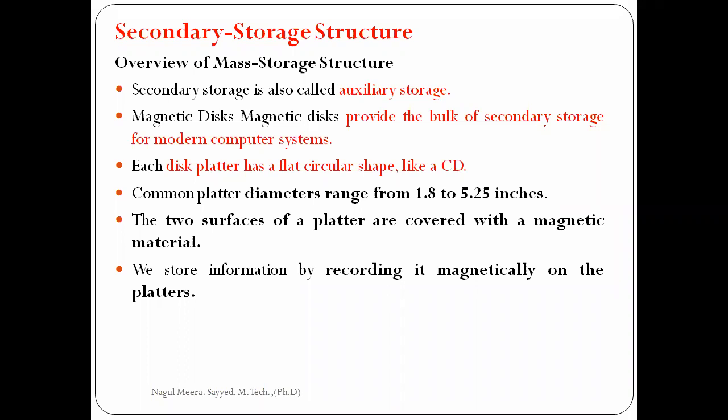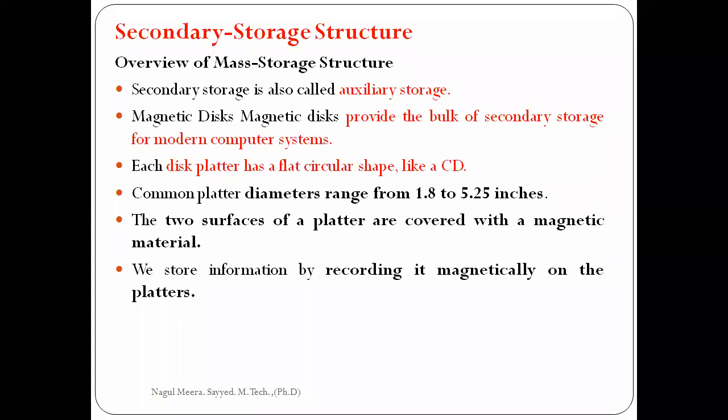So leave that. Coming to our second chapter, that is secondary storage structure. What is the meaning of secondary storage? Secondary storage is nothing but hard disk. Every computer consists of secondary storage. We have it in every computer, be it a laptop, a normal desktop, or even our mobile. It consists of two different types of memories.